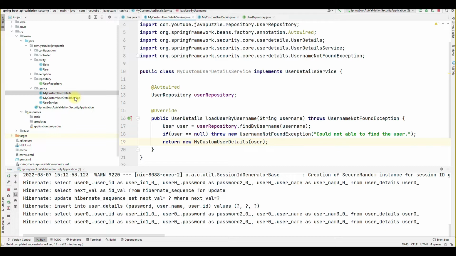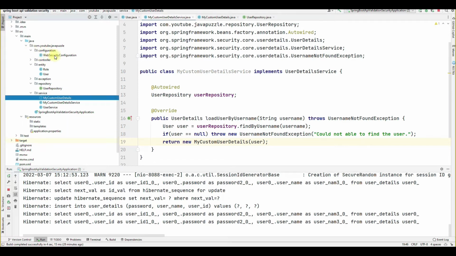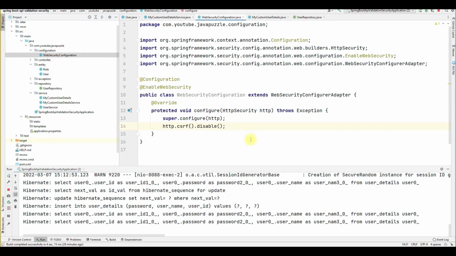Now what we have to do is come under our configuration. Okay, lots of the main parts are done, where we are going to validate a user, that part is done. Now we are going to handle the flow of our program.